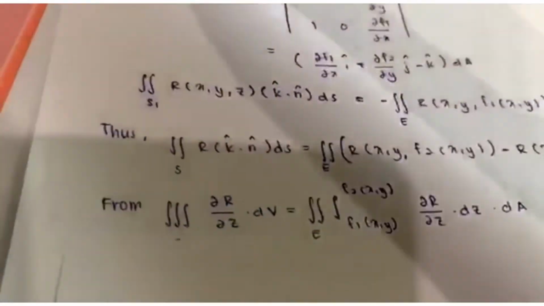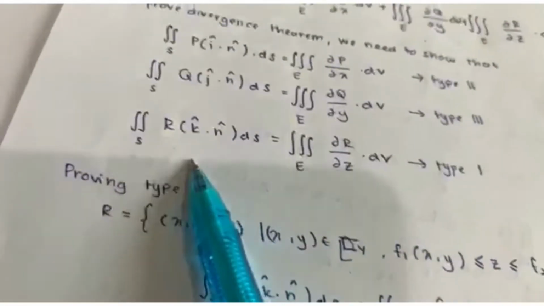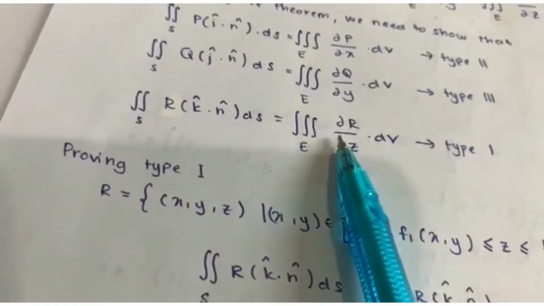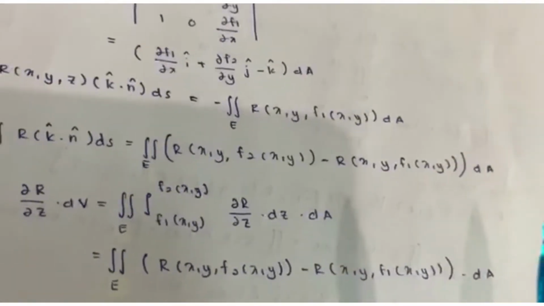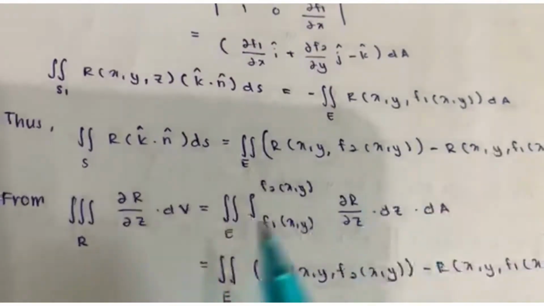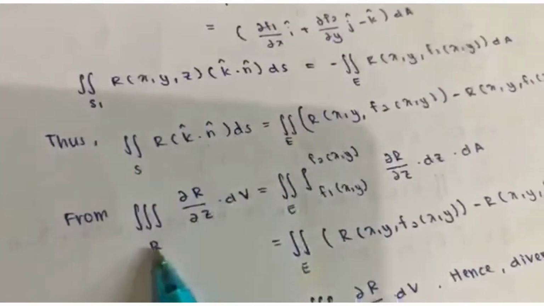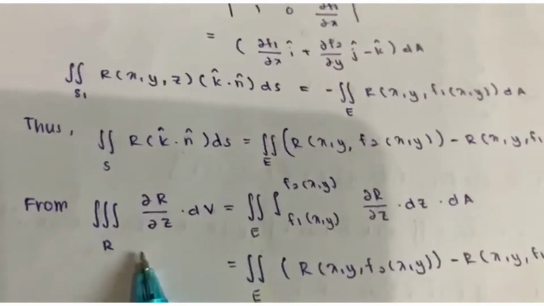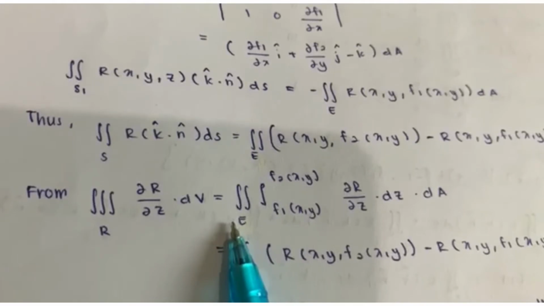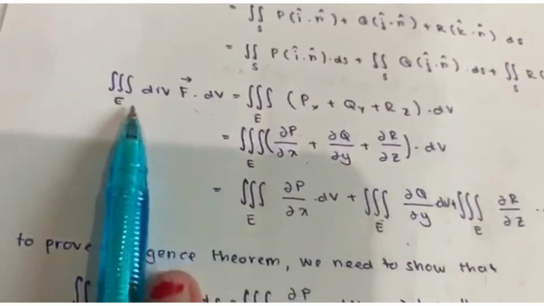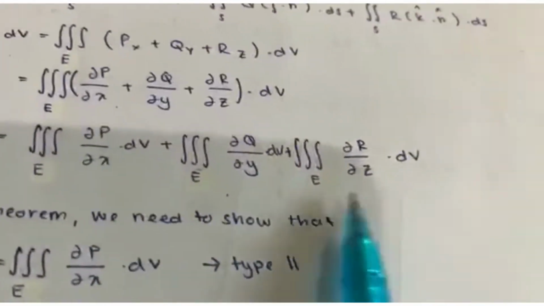And then from the previous question, we already solved for the double integral over S, so we solve for the triple integral over E. So for the triple integral over E, I get the triple integral of del R over del z dV. Okay, from the second question, which is this triple integral over E of divergence F, we get the triple integral over E of del R over del z dV, and then